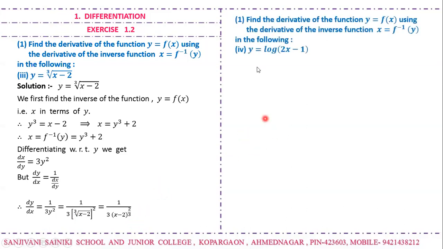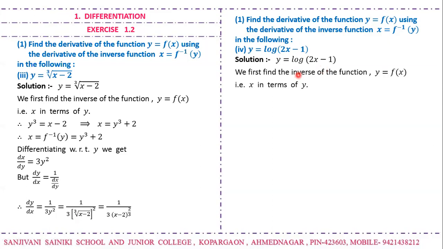The next function is y is equal to log of 2x minus 1. Y is equal to log of 2x minus 1, and here we have to write the x in terms of y. Now how to write the x in terms of y? It is very simple. E raised to y, where the base of log is e. Base of log is e. So we can write this as